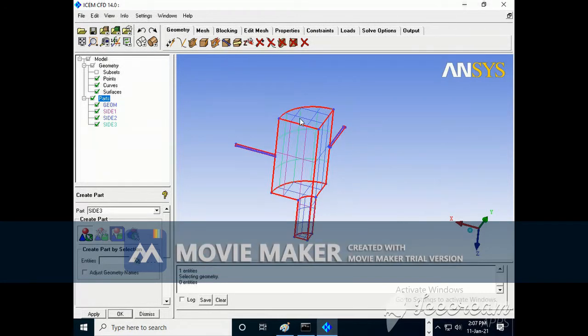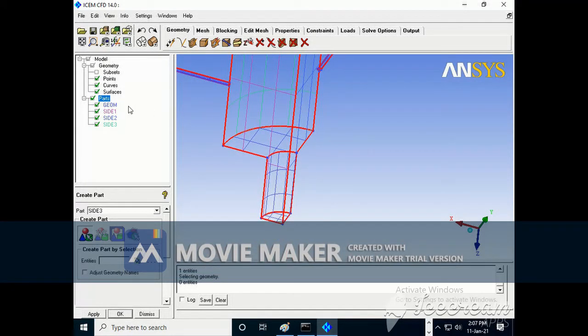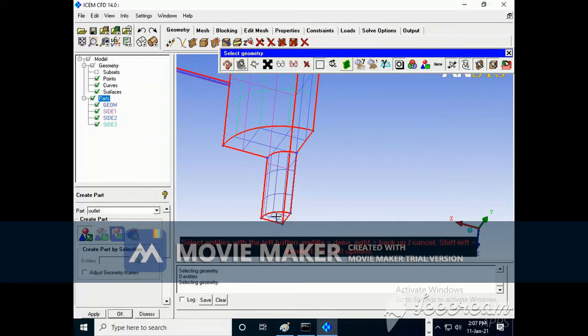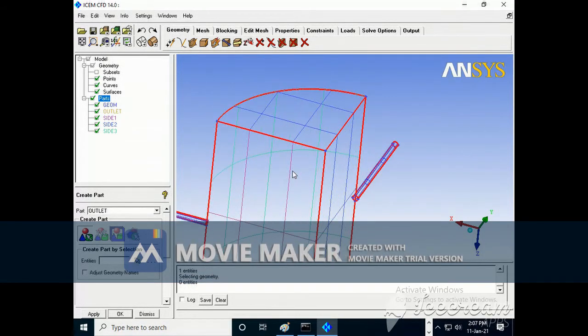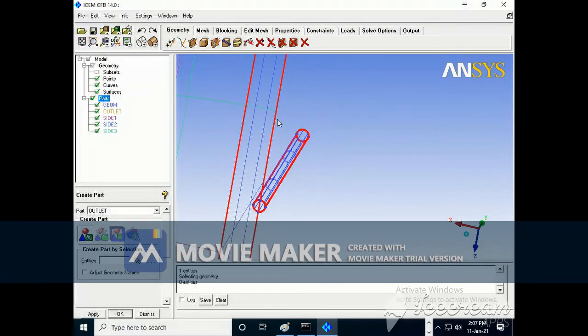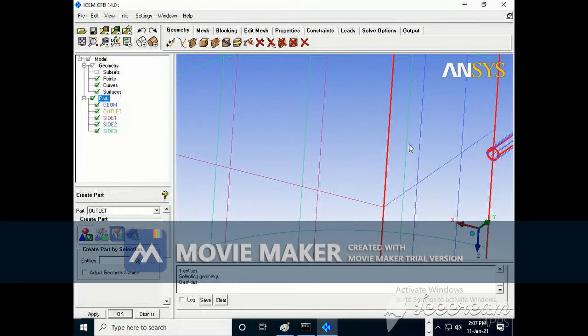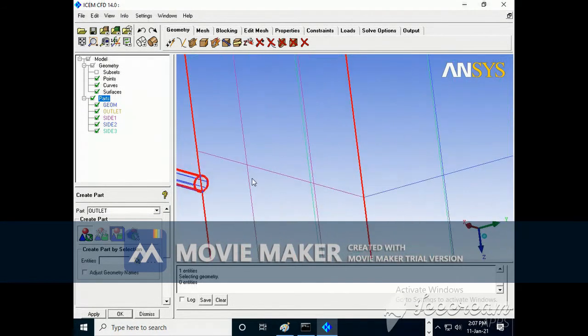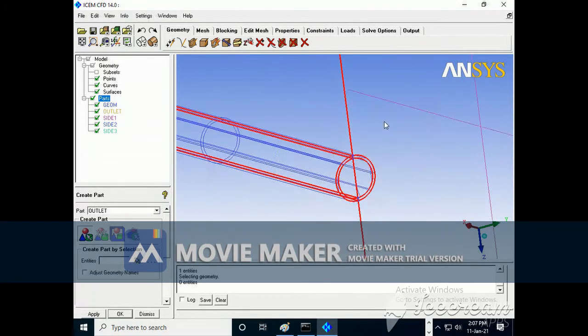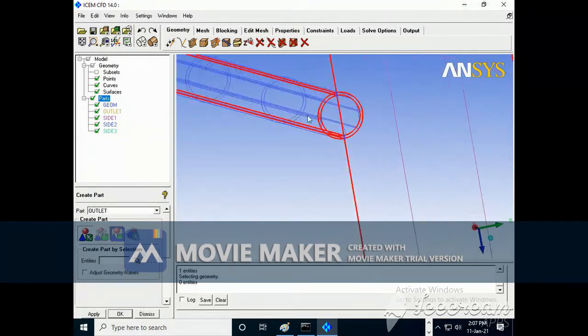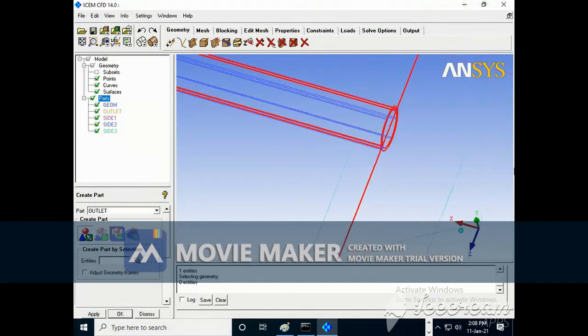Likewise I can give different labels, and the outlet is this bottom part, and there is an inlet from two parts. Meanwhile I will cut half of the portion, because only half of the pipe is required for me, not the entire geometry.